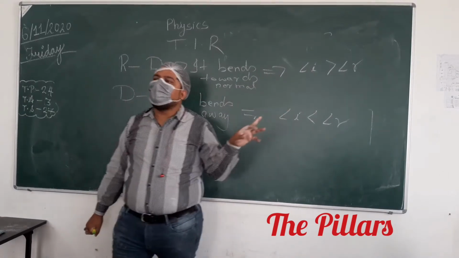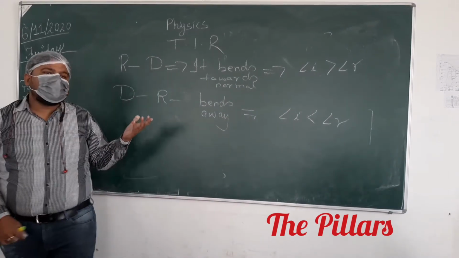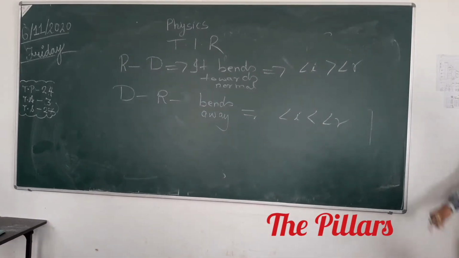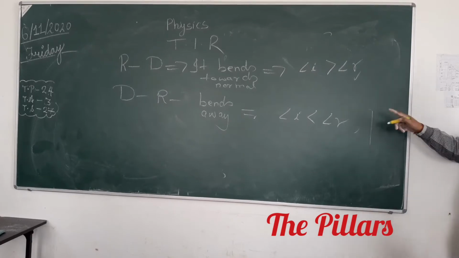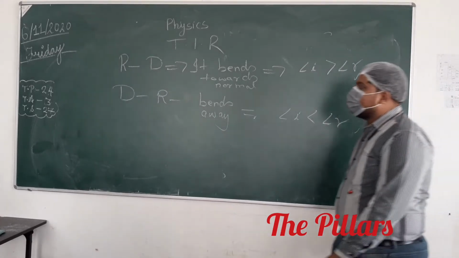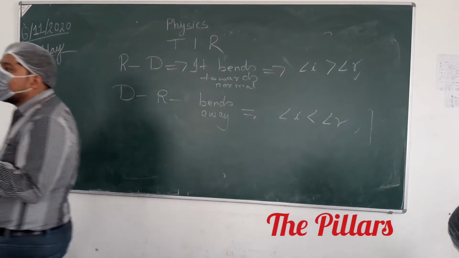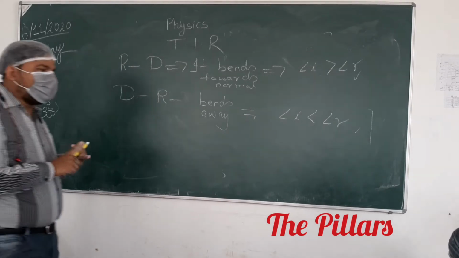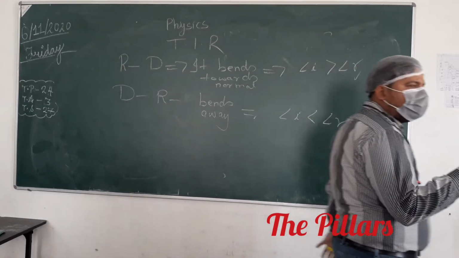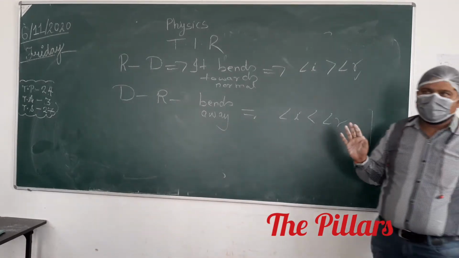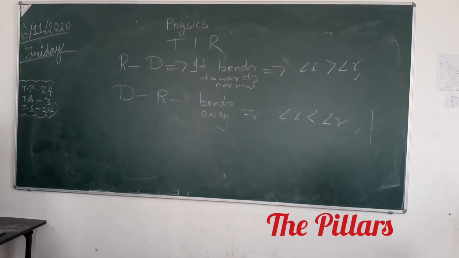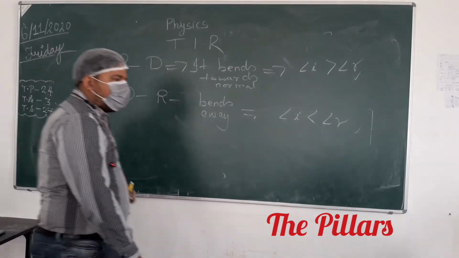When light is entering from rarer to denser medium, angle i will be greater than angle r, or angle i will be equal to r. Like that they can ask. So you can easily give your answers. This is very important. You can write it. From all these things that I am telling you, MCQ questions can be framed. Thousands of MCQs can be framed. That is why I am emphasizing more, because at least 12 to 14 marks of MCQ will be there in your board examination, 12 to 14 questions from physics, chemistry and bio combined. So don't take MCQ lightly.